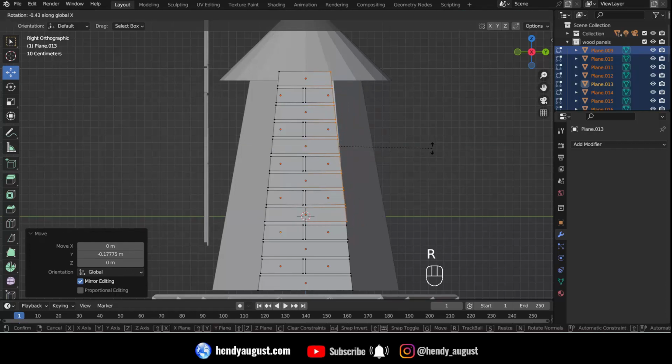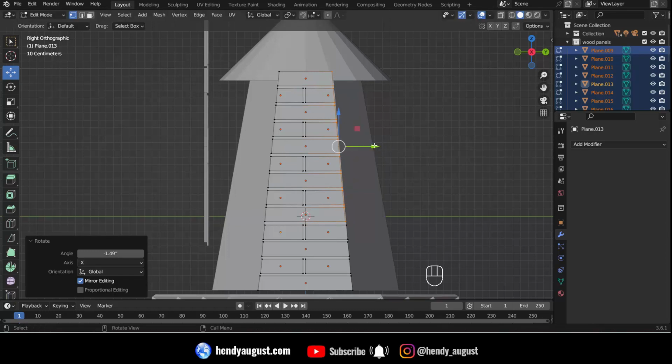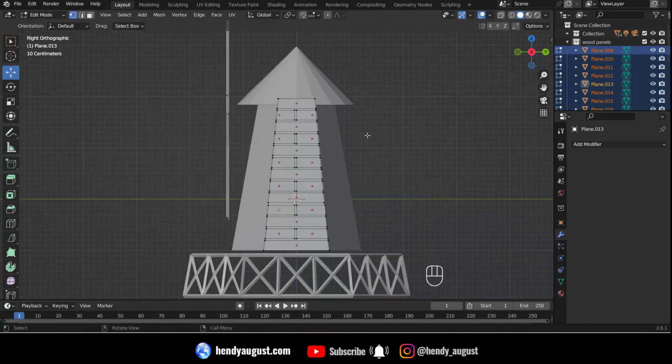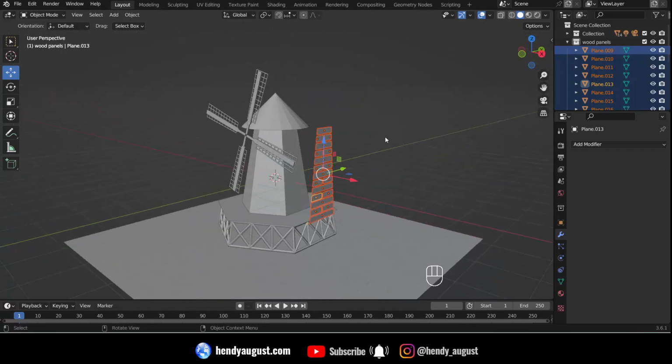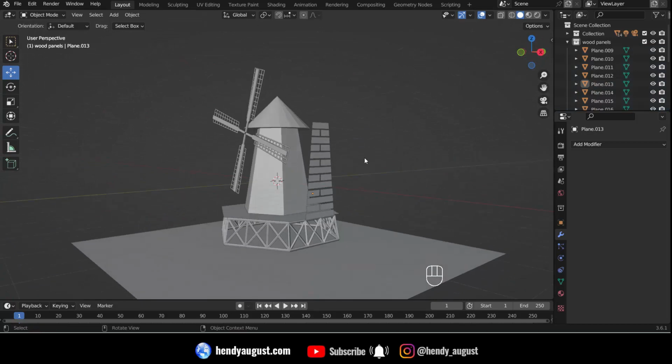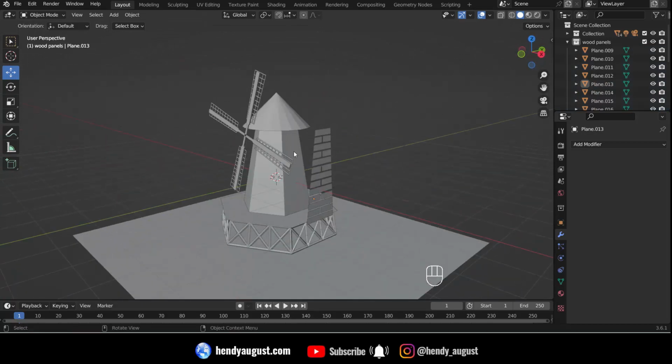Rotate once again. I think we can use this method. Now we have the wood panel for this one side,